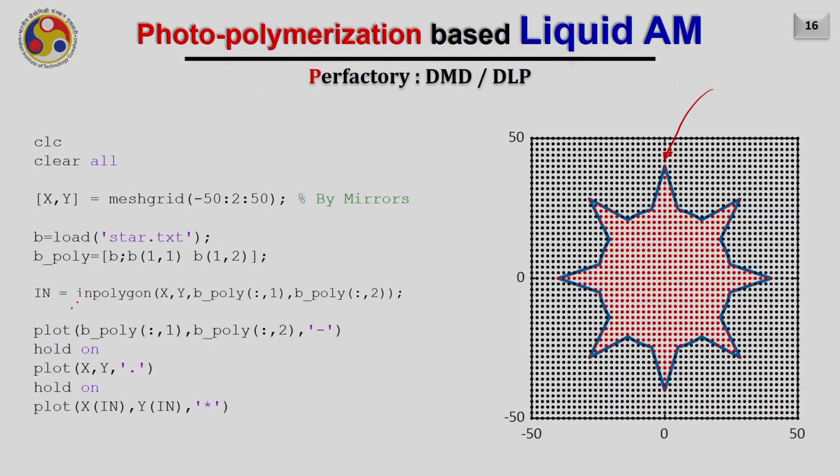If you are using a platform like MATLAB, you can use the function called inPolygon. You just need to test whether these points are inside the polygon or outside the polygon. If they are outside the polygon, assign them a value 0, and if they are inside, assign them a value 1. Hence this array of 1s and 0s, for example here this is 0, this is 0, while the pixel I take inside is 1. This array can be given to the machine, and that machine can appropriately activate the mirror corresponding to the position of 1 and 0 in the array.